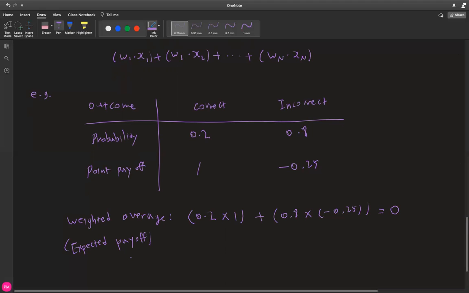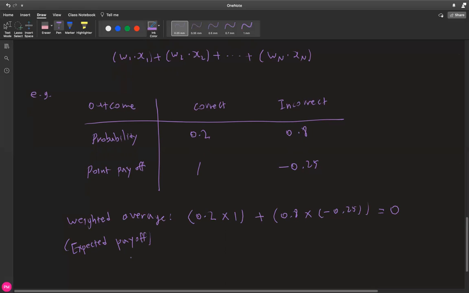So if you're given an exam setting, and you're trying to simply guess your way out of it, sure, you could. You're not really losing anything, but at the same time, you're not really gaining anything, because the average at the end, if you did this over and over again, because you're also losing a quarter of a point with the probability of 0.8, you are really not gaining anything by simply guessing all your answers.